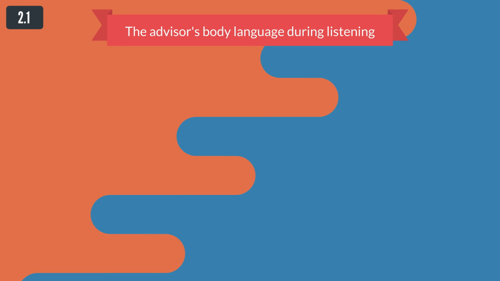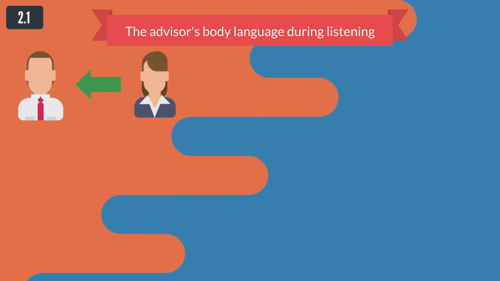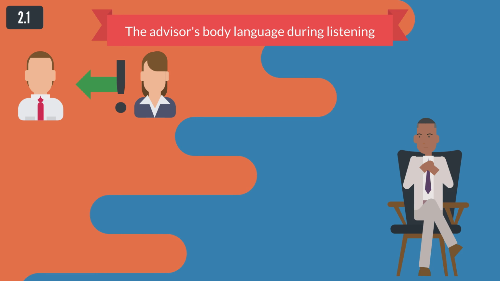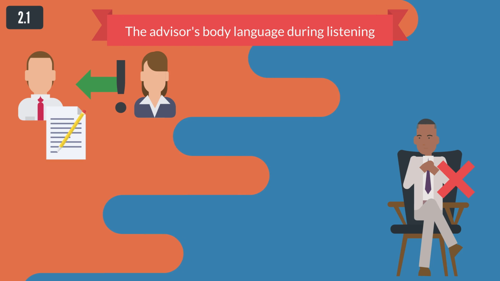With his manners and certain movements, the advisor should draw the attention of the client and at the same time show his concern, professionalism, courtesy and full attention. The advisor should be relaxed, leaning backwards. He should not fold his hands because it sends a message that he is not open to information or that he disagrees with the client. His notes should be kept away from the client so that it would not distract him.